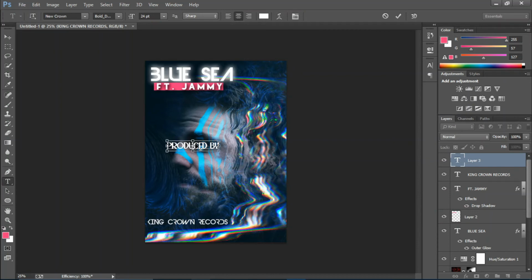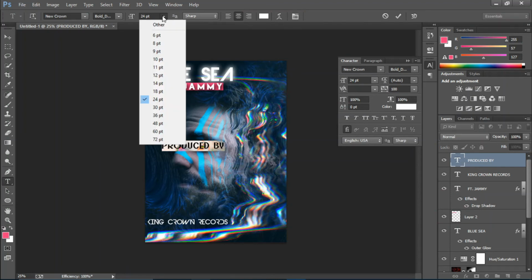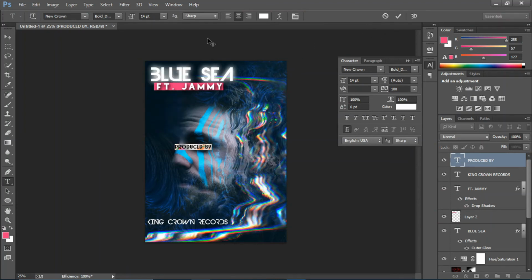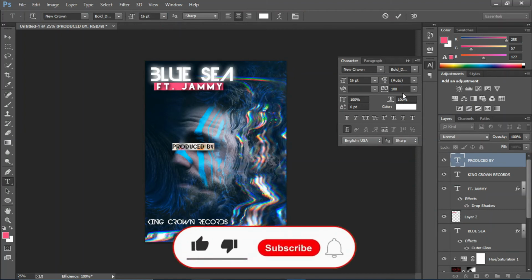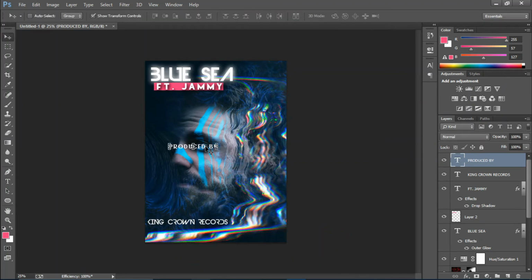Cool. I'm gonna just increase the spacing a bit. I'm gonna choose 100 for this one. Cool. And I'm gonna just decrease the size of the text layer, keep it at 14 or maybe 16 with work. Cool. I'm gonna increase the spacing a little more. I'm gonna choose 200. That looks good. Okay, and now I'm gonna just place it right there,